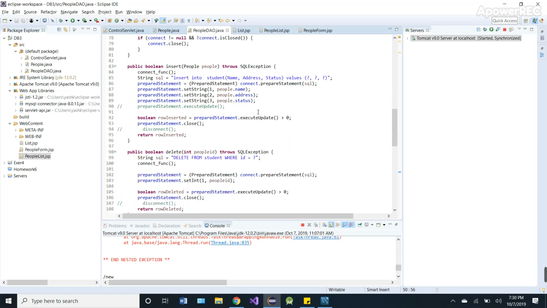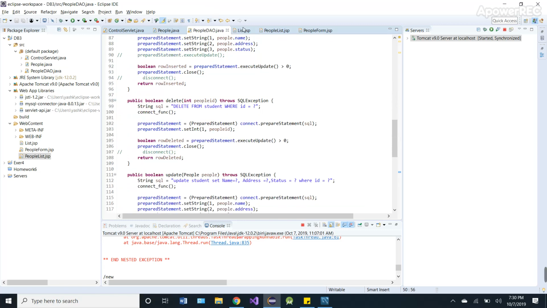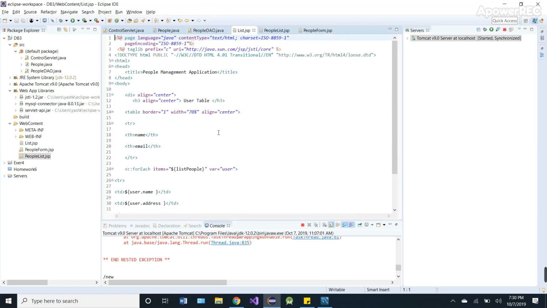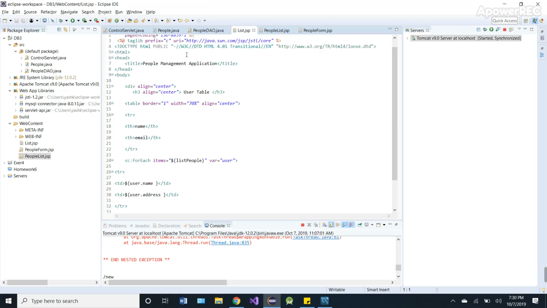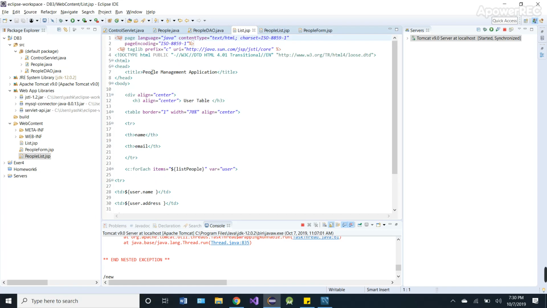So that's this function for list.jsp. This is kind of like the HTML file. This is what does the formatting, and so here this is naming that web page, and this is the